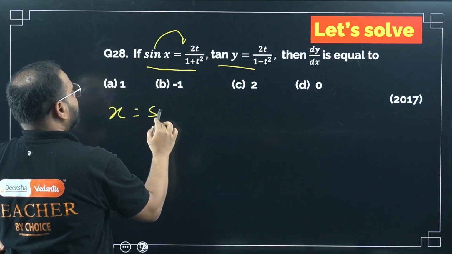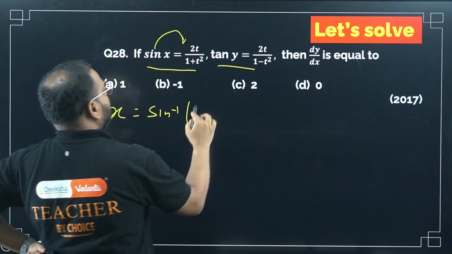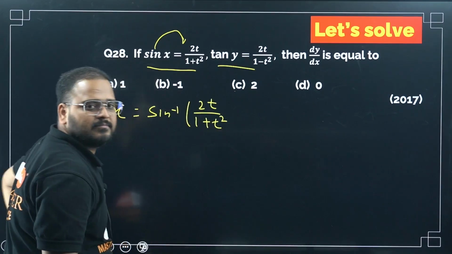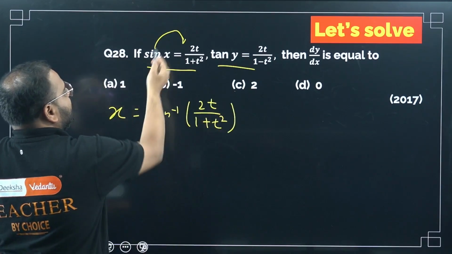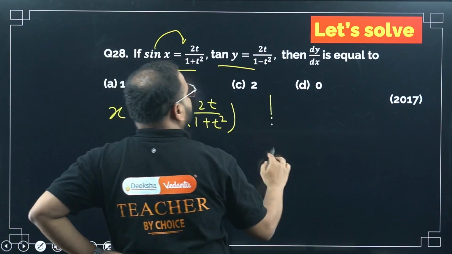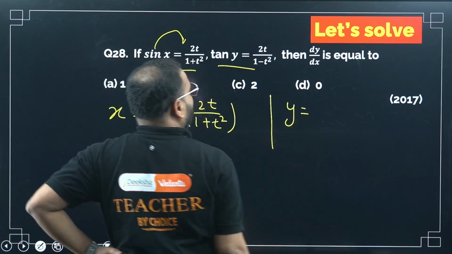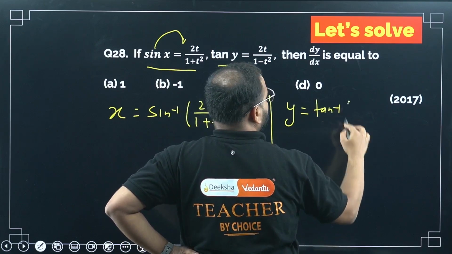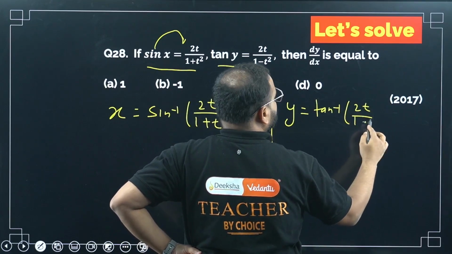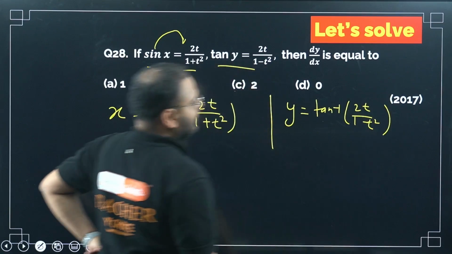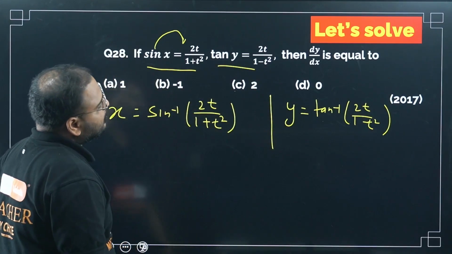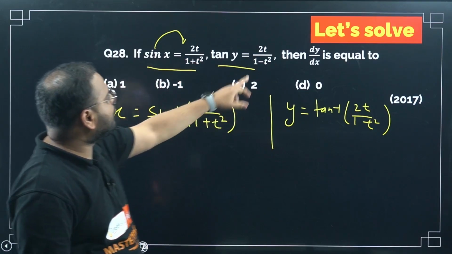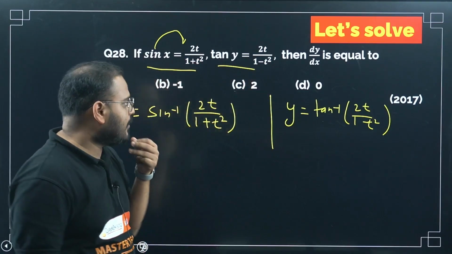x equals sine inverse of 2t upon 1 plus t square. You can write that, right? I'm moving sine inverse to the other side. In the same way, I can write y equals tan inverse of 2t upon 1 minus t square. Right? One more thing: I can see a formula building up here, 2t upon 1 plus t square and 2t upon 1 minus t square. If you remember this formula,